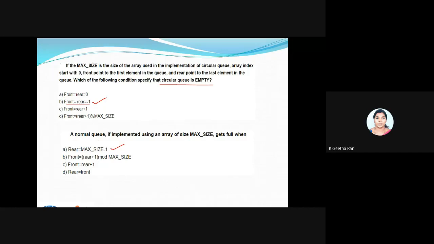So in a normal queue, implemented using an array of max size, it gets full when my rear becomes max size -1, okay, from 0 to 9. It gets full only at this particular point. Assume my max size is 10. When my rear comes to 9, I will say my queue is full. So the answer is rear is equal to max size -1.